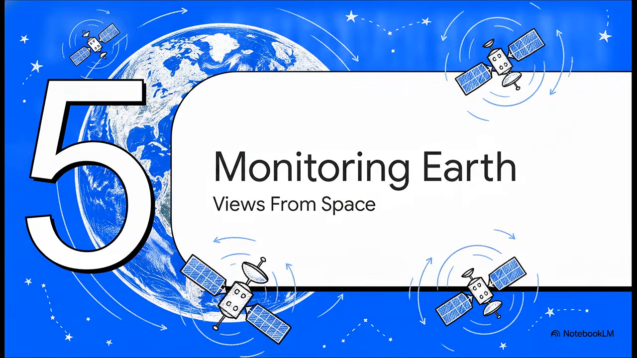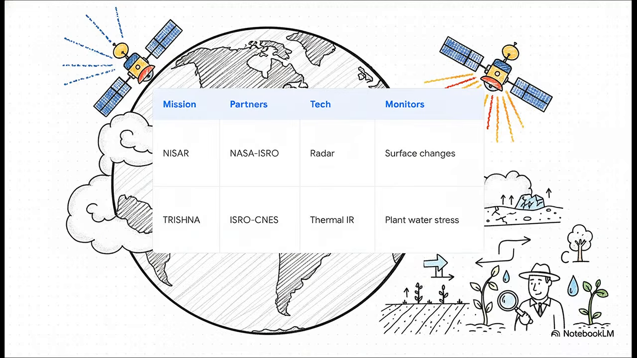Section 5. Monitoring Earth from space. To track this giant interconnected biological machine, international space agencies are teaming up to build some truly incredible technology. Right now, we're tracking 2 upcoming powerhouse satellite missions. First up is NISAR. This is a joint mission between NASA and the Indian Space Research Organization, slated for launch